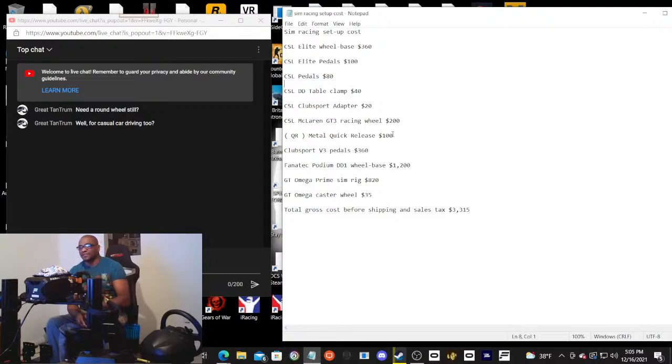That deactivates high torque mode. But if you do that, it's almost a certainty that eventually that plastic quick release will crack from all the torque. So next up on here is the Fanatec Podium DD1 wheelbase, and that was $1,200, and I ended up buying this,